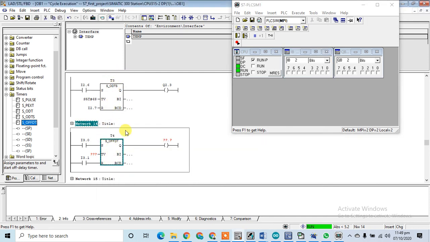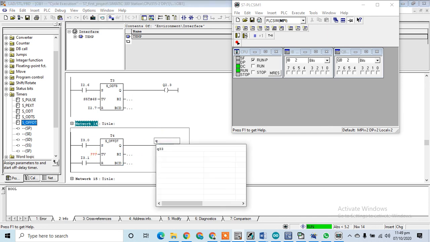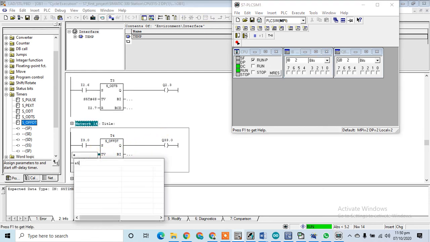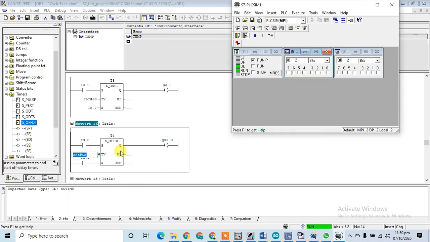This is T3, now this is T4. The output can be Q3.0. No problem, I am using simulation. S5T#6s, let's say 6 seconds. So it is Q3.0.